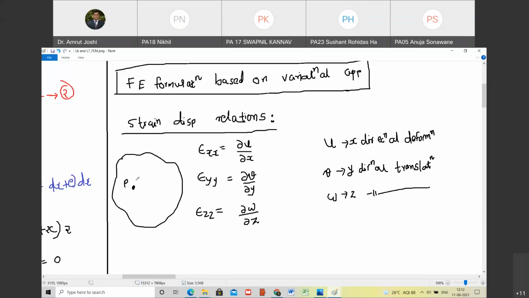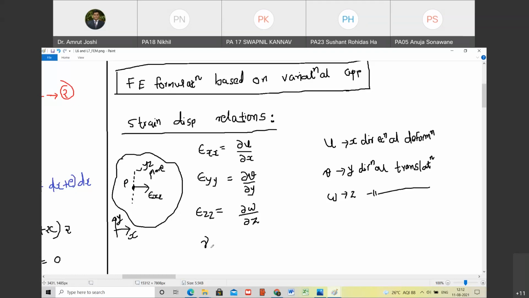What is epsilon xx at point P? Through point P, I am going to pass a plane which is perpendicular to x-axis. Happy? Yes, sir. तो वो प्लेन कैसे दिखेगा? ऐसे दिखेगा इस व्यू में. It is perpendicular to x-axis. It is YZ plane. Do you agree with me? Yes, sir. On this YZ plane, the strain acts in x direction. This I am going to denote by epsilon xx. Happy? Yes, sir. And that epsilon xx is dou u by dou x calculated at P. Happy? Yes, sir. So this has to be calculated at a particular point.